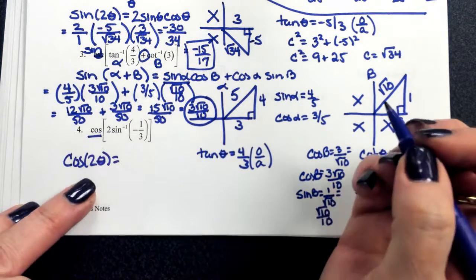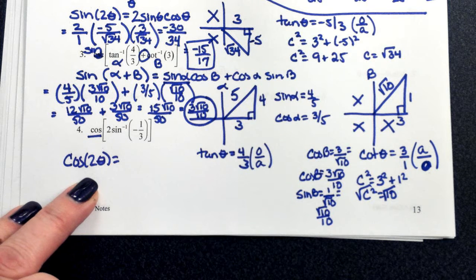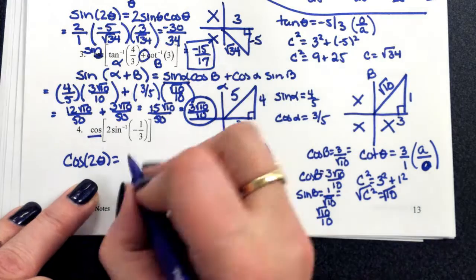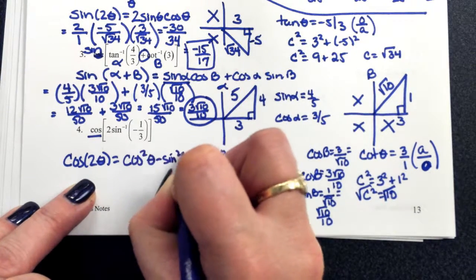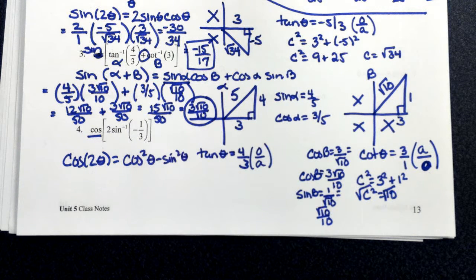And remember, you don't have to draw 2 triangles for the cosine. You only draw one for the double angles. Again, your formula, remember, is the cosine squared theta minus sine squared theta from your blue sheets. All right? And then you'd have to draw your triangle and set it up. Okay? All right, like I said,